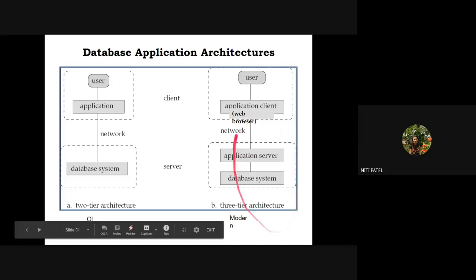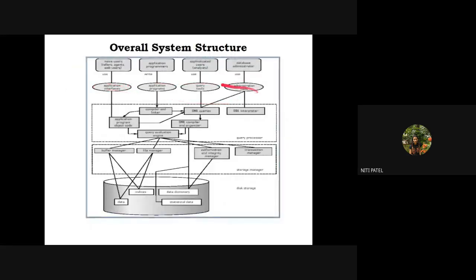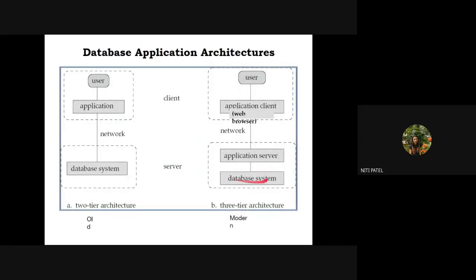Now what is happening in the three-tier application? I have a user, I have the application of a client, as well as the application of a server. Here, in two-tier, there was direct connectivity of the application with the database system. But here, for security reasons, I am not allowing the client application program to directly communicate with the database. If the client application wants to communicate with the database system, it will first have to communicate with the application server. So just as the user has used an application here, the server has also made its own application. So the user is sending the request through its own application.